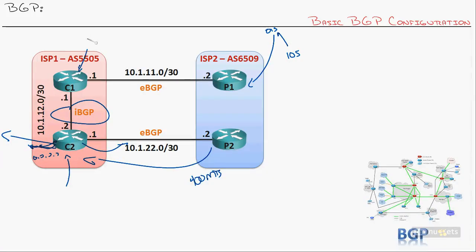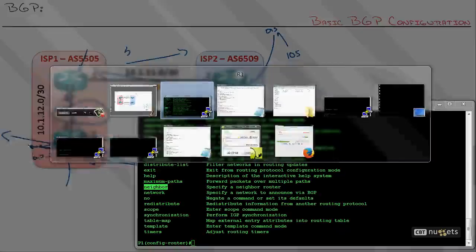Let's say I'm on C1 and I'm receiving routes from here. I'm receiving routes from here. I might say, well, five of the routes are really good through here, so I want to treat those routes and give them a higher weight or higher local preference. Remember the BGP attributes we talked about in a previous nugget. So you can, but it's all related to a neighbor. You're receiving the routes from a neighbor, so most of our commands, let me show you this,